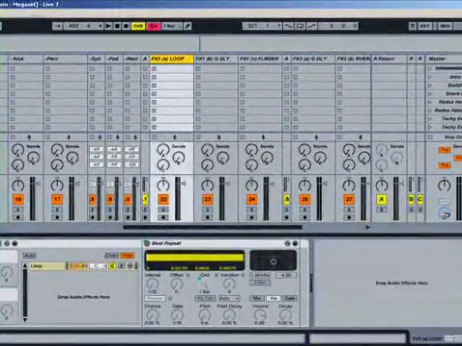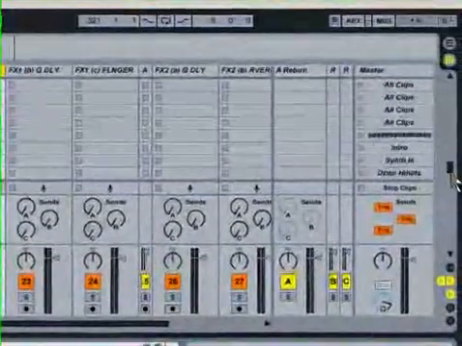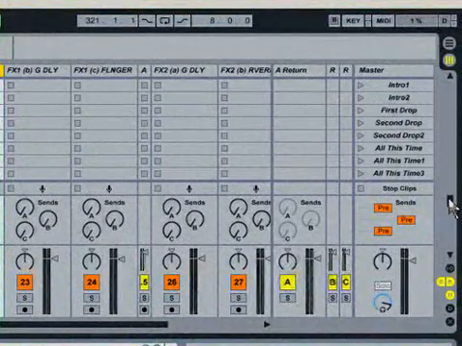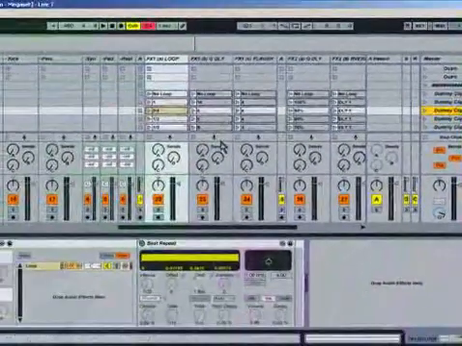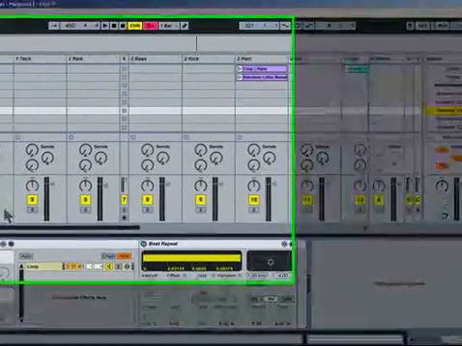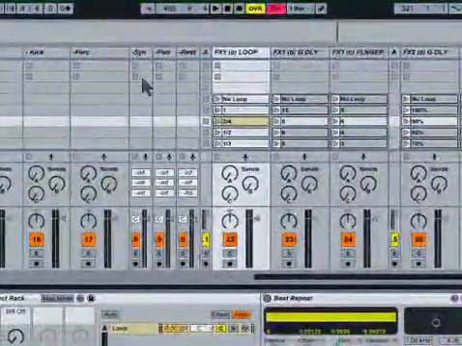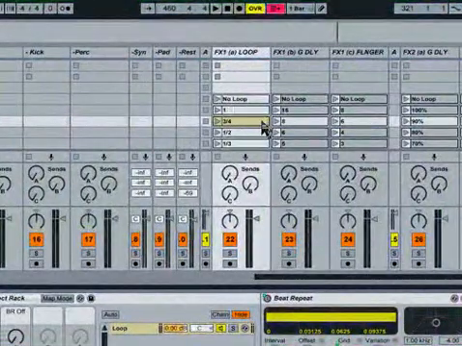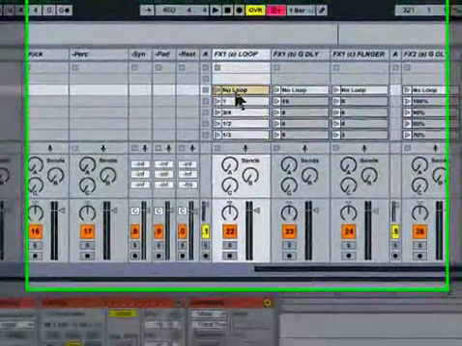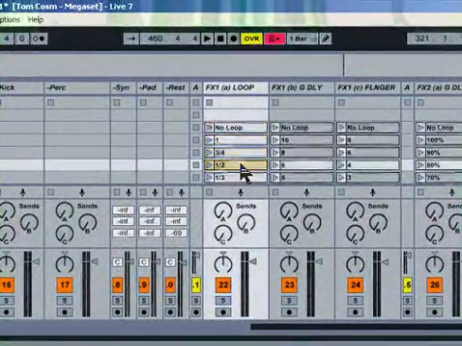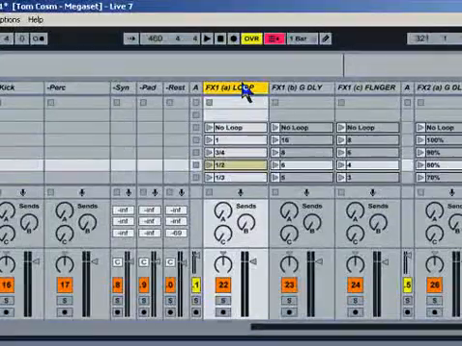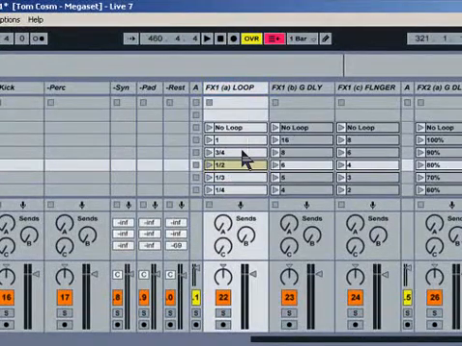If we scroll down, we get to the scenes which are called dummy clips. You'll notice there are no more clips where all the audio tracks are, but now where all the effects are, we have all these clips to play with. These clips are just blank, so if we open them up you can see they've got no audio, but they send parameters to the actual effect which is on the channel. For example,